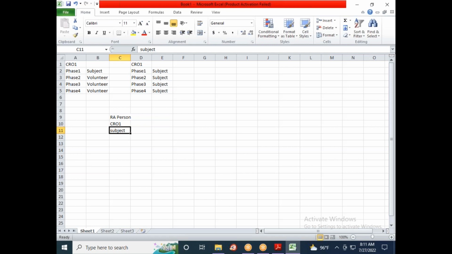Correct? Now all of a sudden CRO1 has kept this work aside. They have asked for additional analysis, and they will not stay idle. Person number 2, who is reviewing the CRO2 data, is on leave. So why should this person be left idle? There are two persons, RA person 1 and RA person 2. RA person 2 is on leave. Till now this guy has completed phase 1 and phase 2 data, so phase 3 data was given to RA person 1.